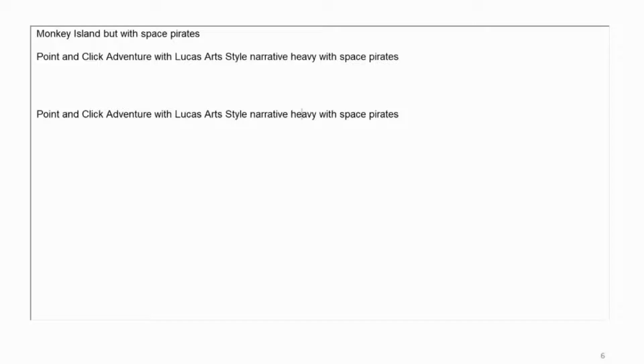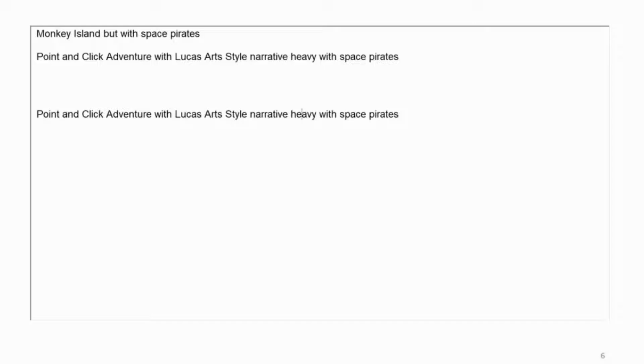And maybe we can say a bit more about the art style, because I think this is also important for this particular thing. We have Space Pirates, I would say. And something worth mentioning, because it's not 100% clear, it's almost clear, but not 100%, is narrative heavy.